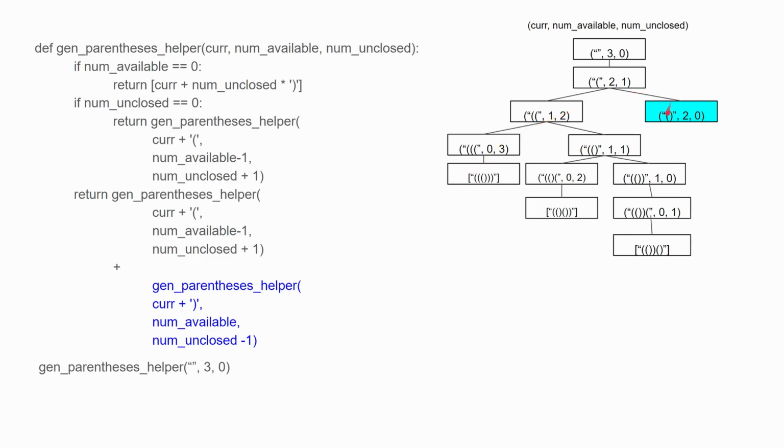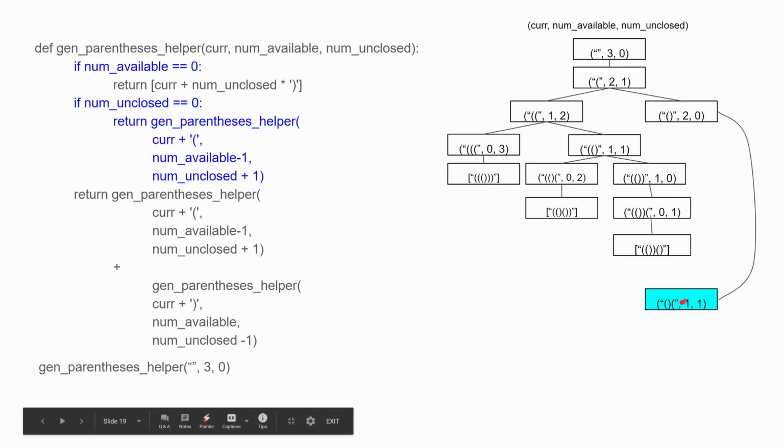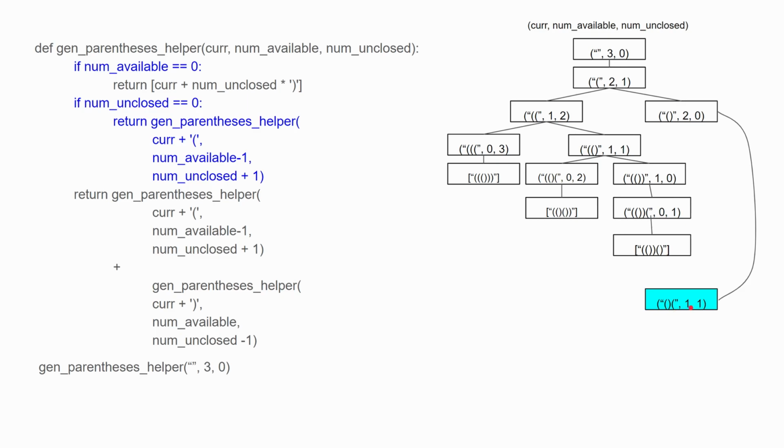So then after adding a right bracket, it will then have number variable stay the same and number enclosed decrement. So then it will add this to the tree. And after that, number variable is not 0 and number enclosed is 0. So I'll add a left bracket, and it will decrement number variable and increment number enclosed. So then it will add this to the tree, with current being this, and then number variable and number enclosed